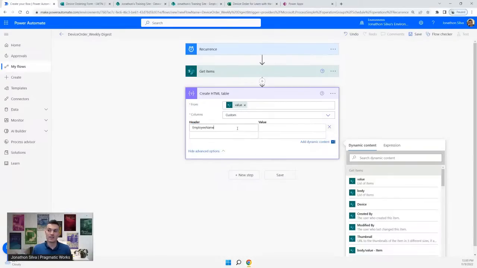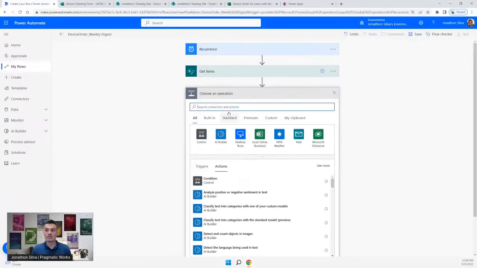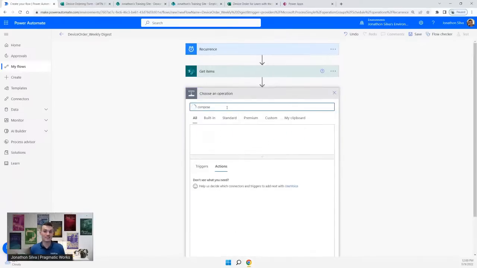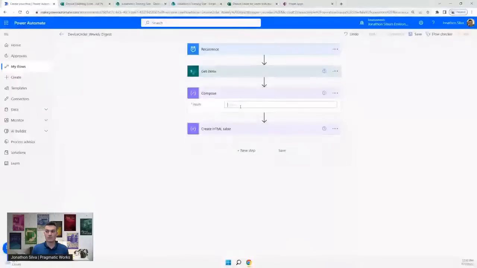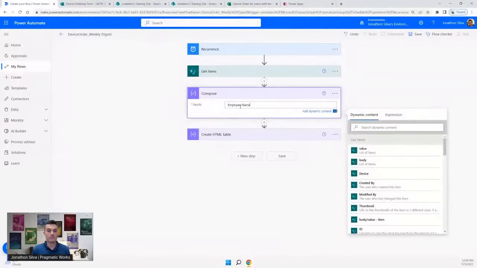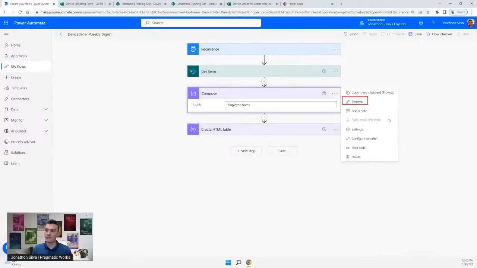What we need to do is add in a step here, and this is where we're going to use our compose. We're just going to essentially create an action here that allows us to design the employee name, whatever format that we want to see. So I'll use that data operation for compose. And here I'm just going to literally say employee name. Just that's it. And I'll rename my compose as well. This is another great usability feature here. Rename the action itself so that every time you go find that in your dynamic content, it's going to show up just like that. Okay, so I'll rename this compose employee